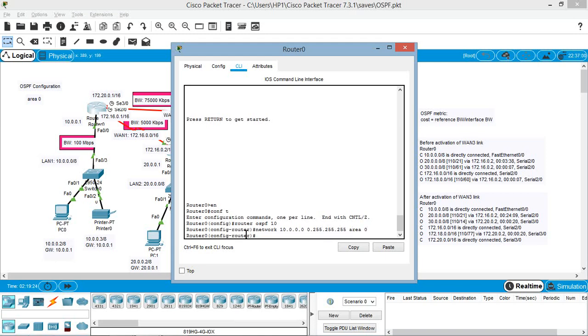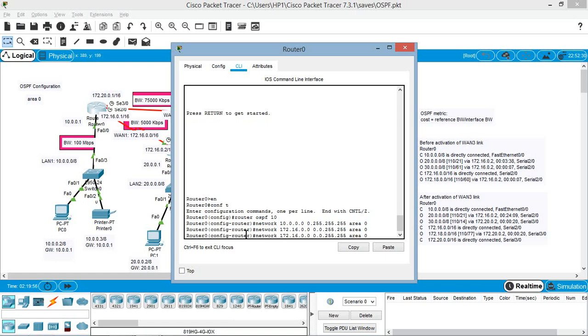That's it. Now similarly, configure the other directly connected network on this router. The other directly connected network on this router is 172.16.0.0. Its wildcard mask will be 2 octets low and 2 octets high for class B. Similarly, configure or advertise the third directly connected neighbor on this router.